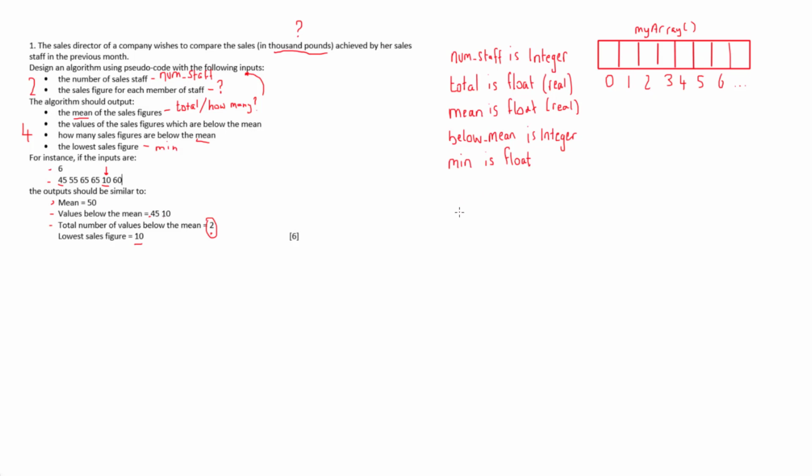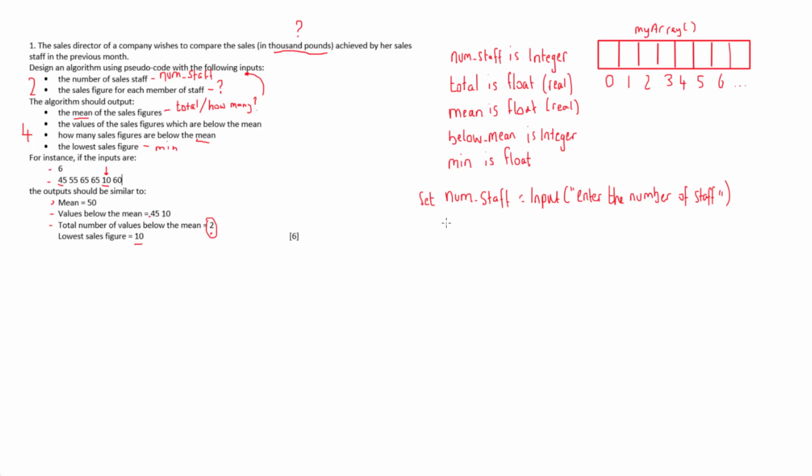So here, the situation we had before with declaring the array, the reason why I didn't do it further up is because I would like to do this first. So see if you can understand why I'm doing this. So here we go. The first thing I've done there is I've said set the variable numStaff to equal the input, and then we've given the user a question to enter the number of staff. So they'll enter 6 in this scenario because that's what's been provided over here. They'll enter 6 in there, and then once I've got the number of staff, I will then say